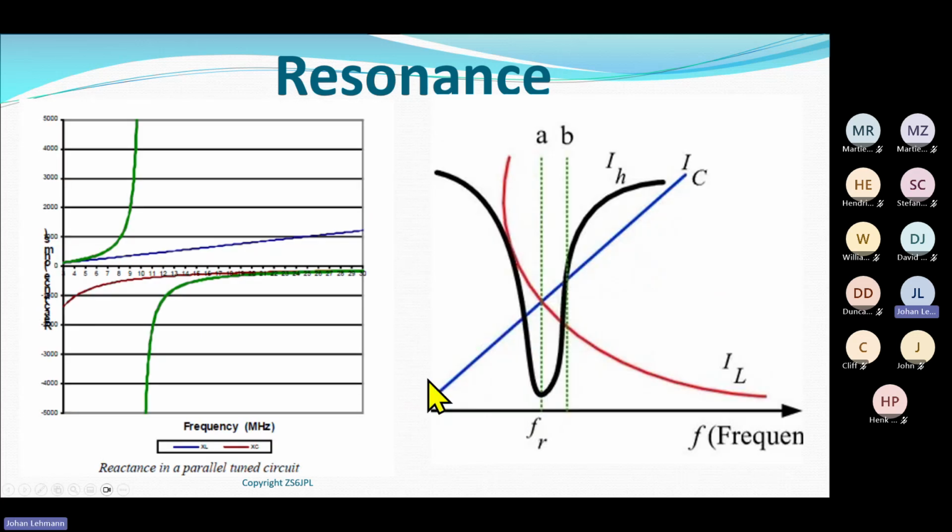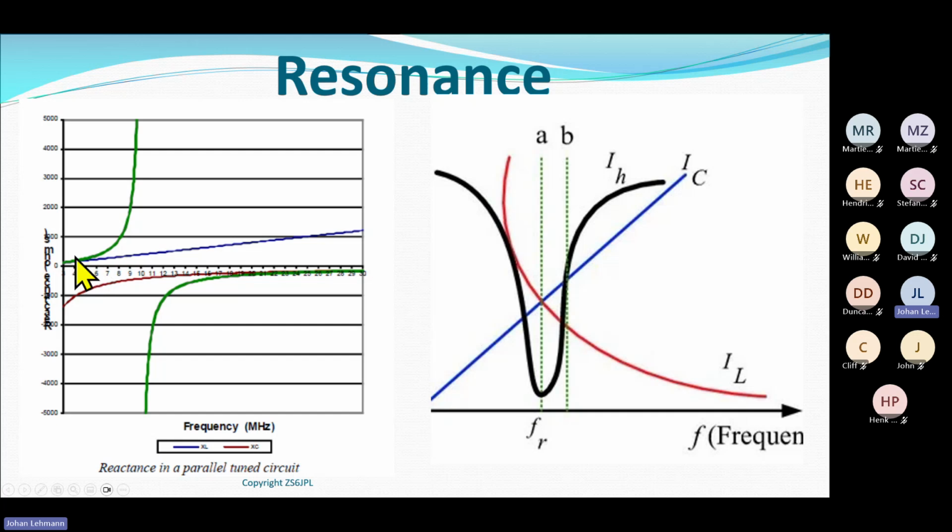Okay, now we get to the parallel resonance circuit. In other words, the capacitor and the inductor are in parallel with each other. Again, if we look at 10 megahertz, the value where XL and XC are the same, the resultant value would be infinite. And you can see it from the graph.